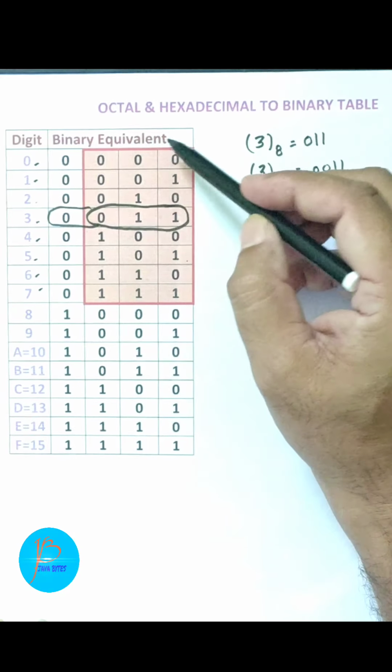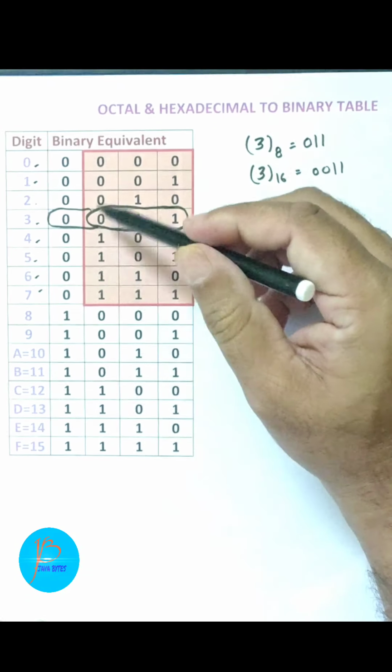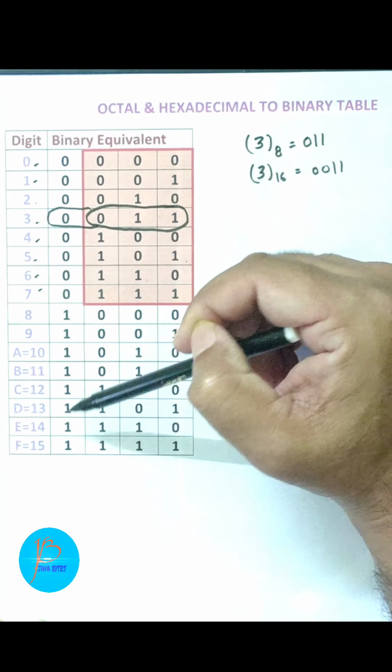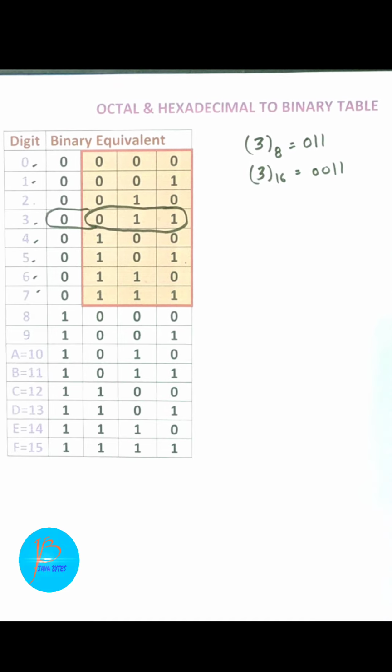Now we move to the third row from the right: 4 0 4 1 4 0 4 1. And finally, in the leftmost column, 8 0 and 8 1. Okay, children, that sequence you have to learn, so then you can make the table very easily.